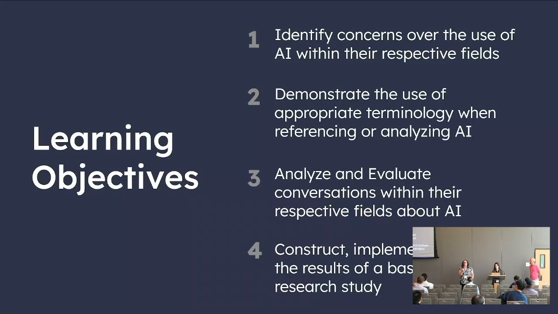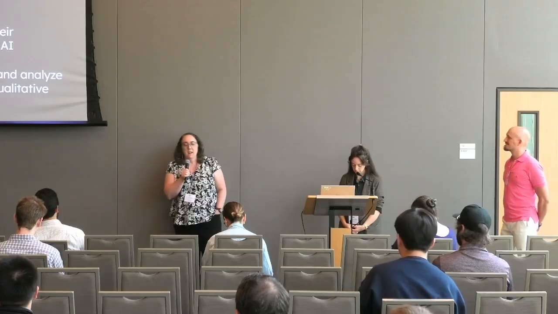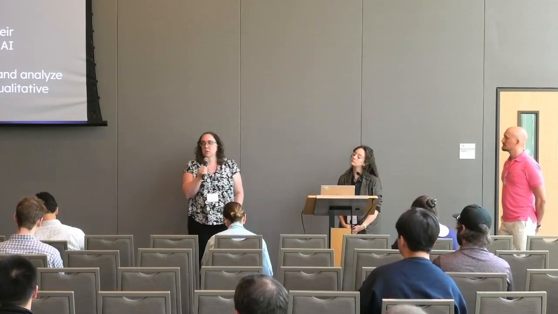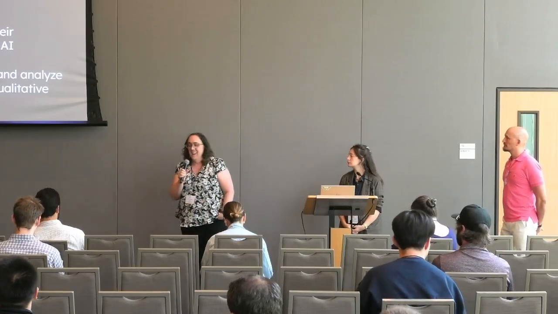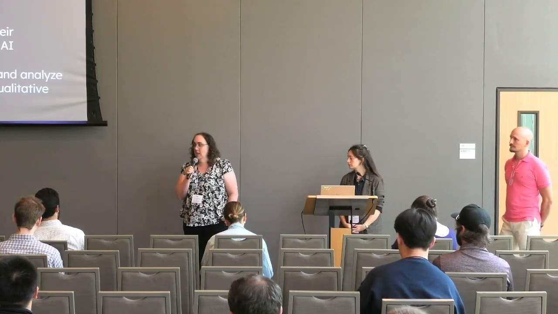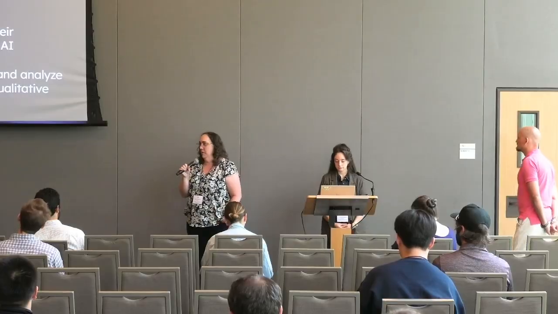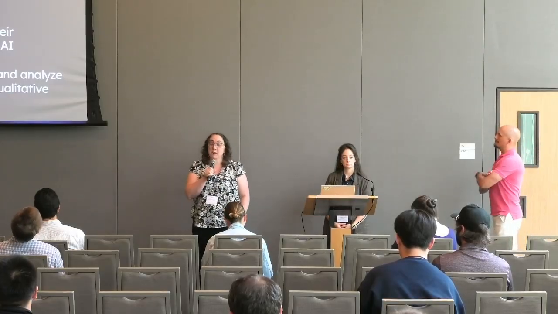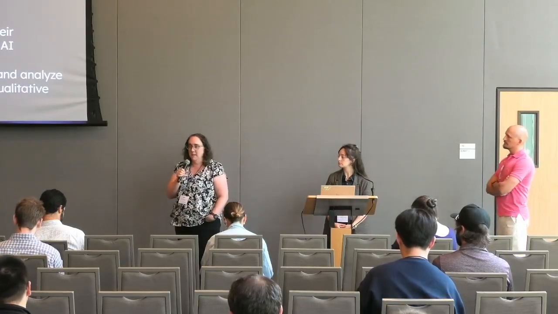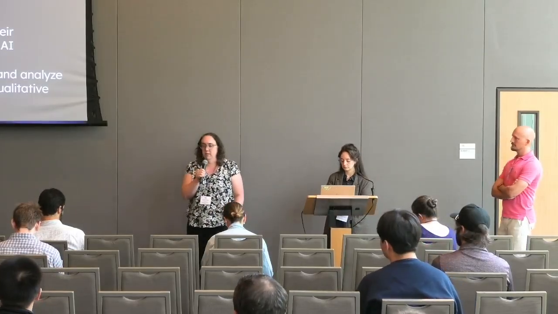So we have 4 simple learning objectives in the course because the course actually serves 2 purposes. It introduces them to AI and ethics. At the same time, I have students in that class who have created their own AI chatbots, and I have students who have never used an AI before. So we're starting from very disparate positions, and everybody gets on the same page very quickly when it comes to talking about AI ethics.